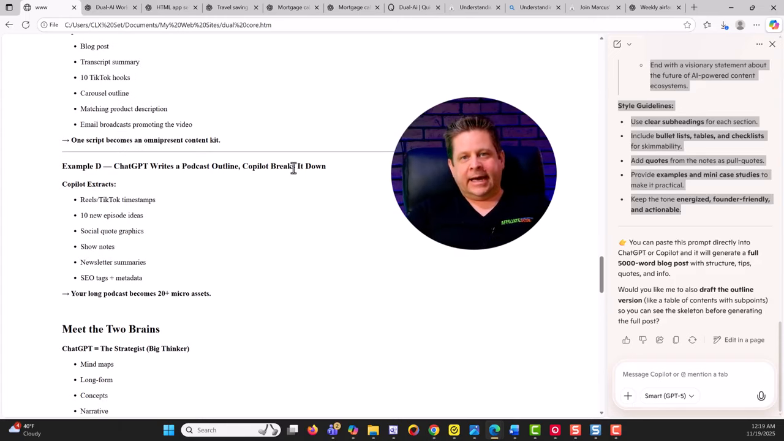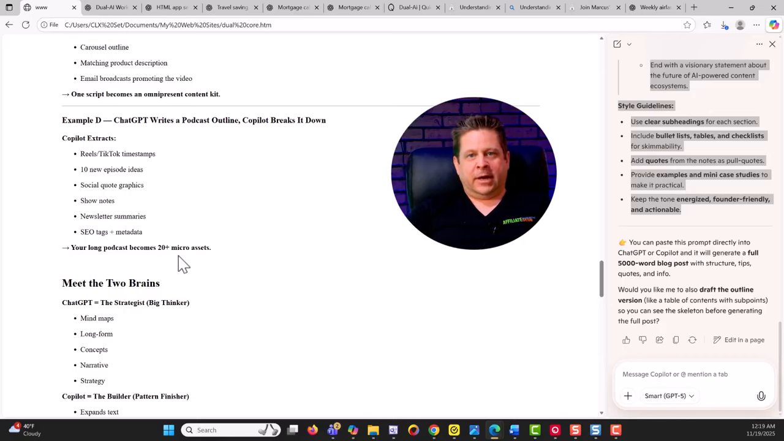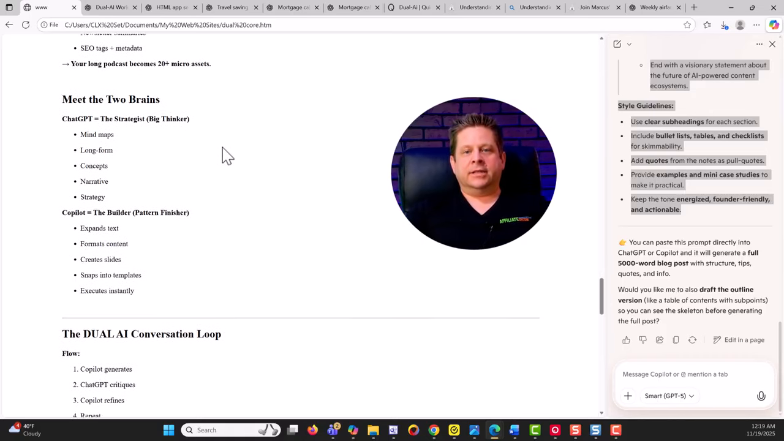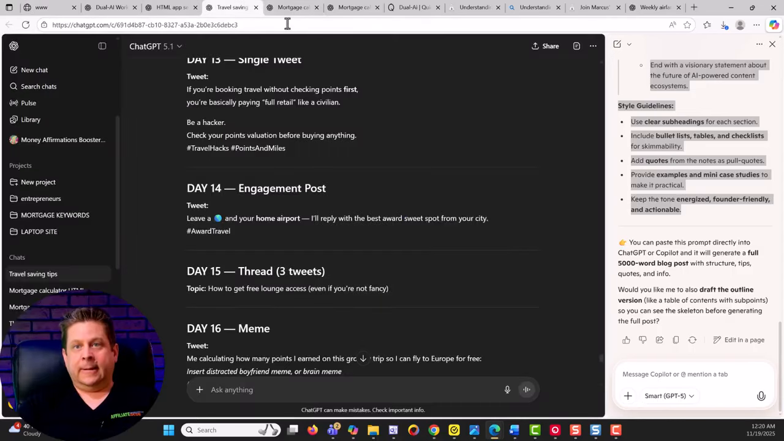Next, you can do a podcast outline. Your podcast can become 20 micro assets. Now, what we're looking at here is the two brains. Looking at ChatGPT, the strategist, mind maps, long form concepts, narrative, strategy. Copilot's the builder or the pattern finisher. It'll isolate things into a prompt. I can throw that prompt in. Then I could get feedback on it and say, how would you make this better? All kinds of stuff. And when we go through, now I can go and say, let's get the one that we did,